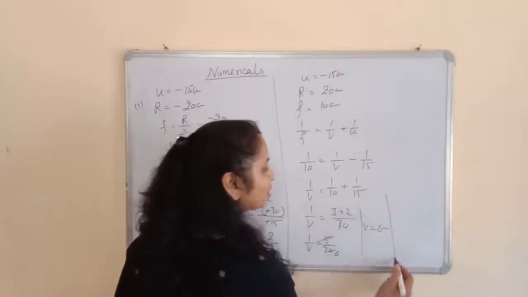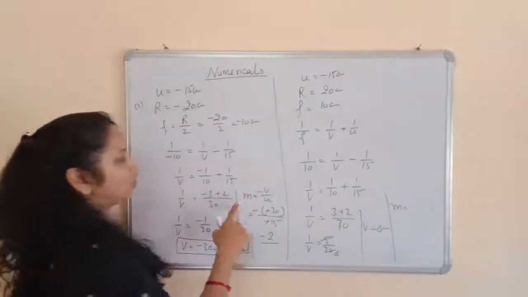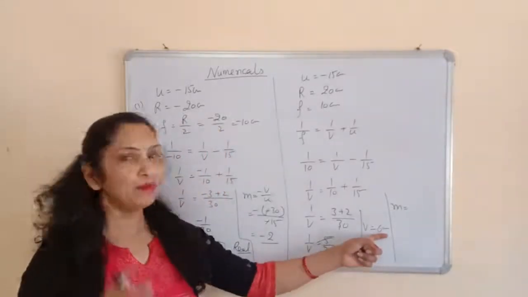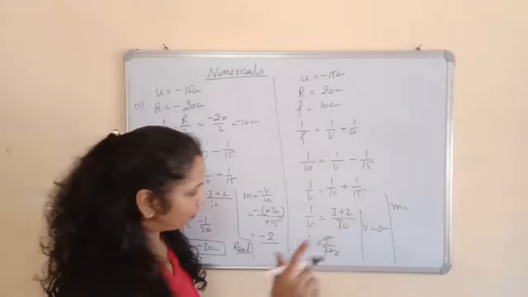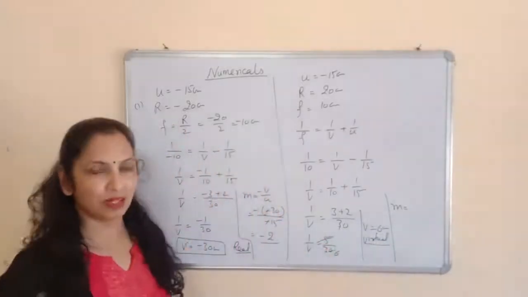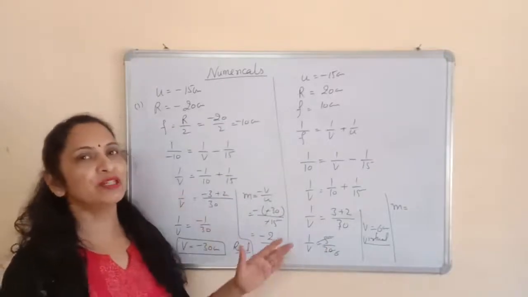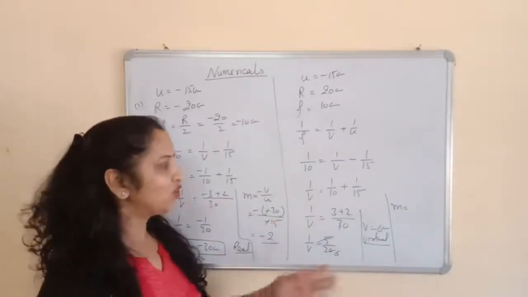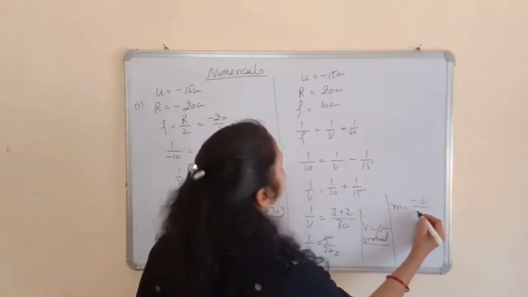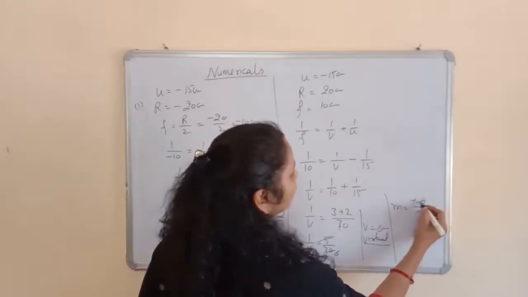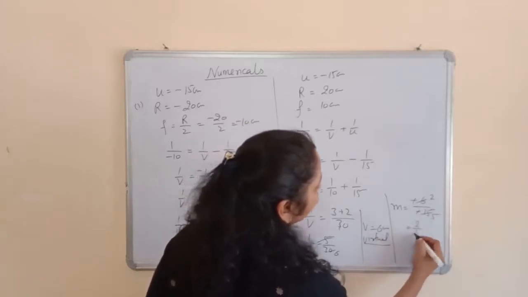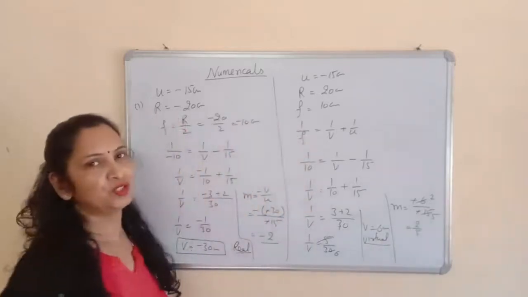And what about the magnification in the second case? Magnification is equal to minus V upon U. So again we can put the values. Okay, one more thing. V positive means the image is virtual. So every sign has a meaning. V positive means a virtual image is formed in a convex mirror, and a convex mirror always forms a virtual image. So it is equal to minus V upon U. 3 sixes are 18, 3 fives are 15. So it is 2 upon 5. So the magnification is 2 upon 5.